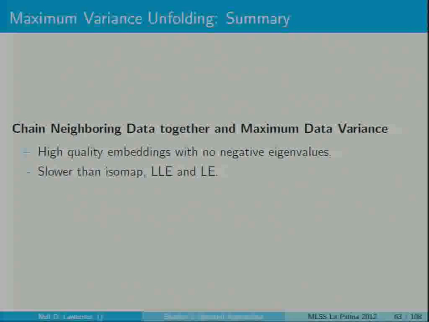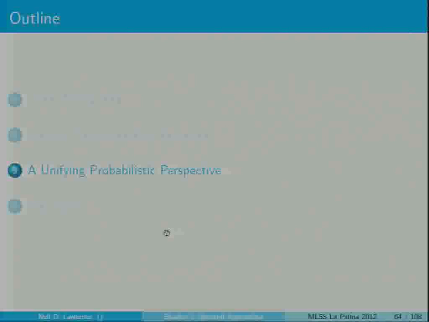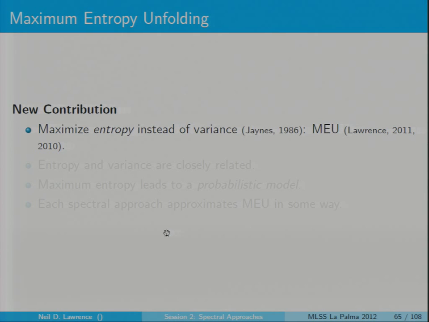It's a method that I find works generally quite well. So it's high quality embeddings with no negative eigenvalues, but it's slower than all the other methods. So if you don't like the negative eigenvalues, it's the sort of thing to go for if you've got smaller data sets. Now, what I want to then present, inspired by maximum variance unfolding, is a new